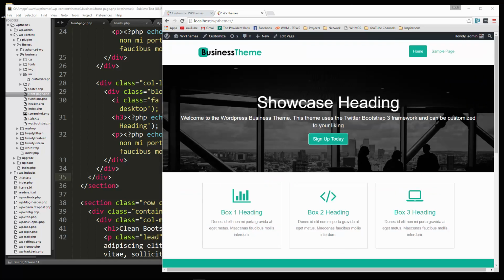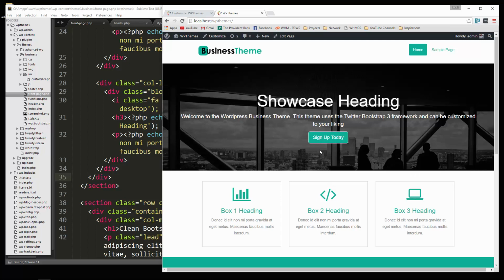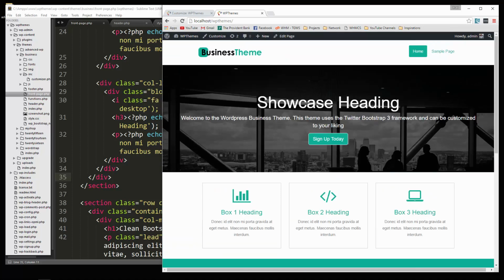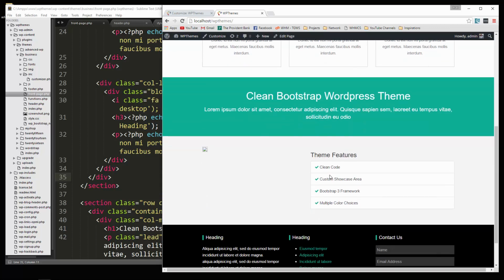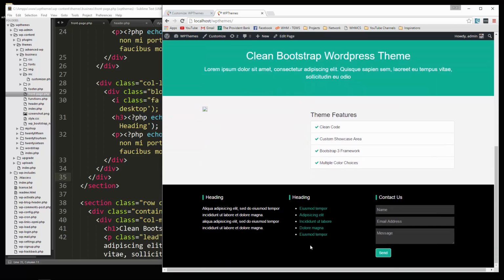So really simple. That's going to be it. That's how we can implement our customizer values. In the next video, we're going to take care of these widgets, these two widgets as well as the 3 in the footer. So I'll see you in the next